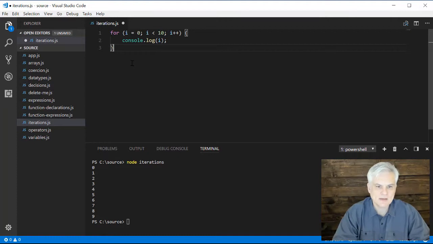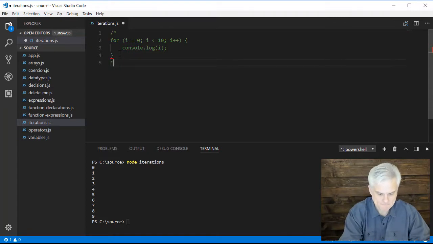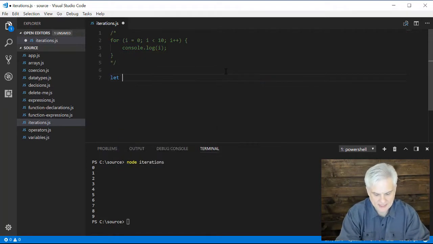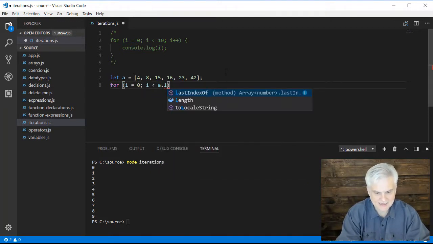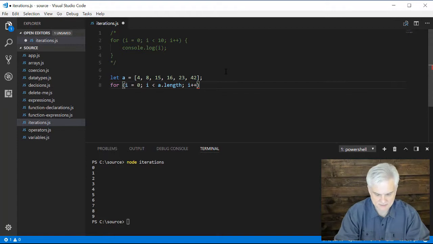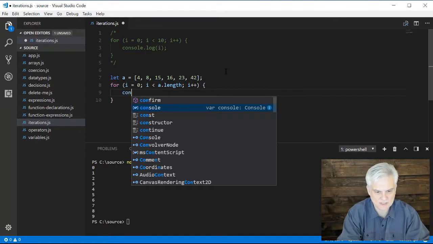All right. Now, let's do something a little bit more interesting like I suggested before. Let me comment this out. Here, let's go let a equal to, and this should look familiar, 4, 8, 15, 16, 23, and 42. Whoops, I guess I forgot the equal sign there. And now what we'll do is for i equals 0, i is less than a.length, i plus plus. Inside the body of this, we'll do console.log